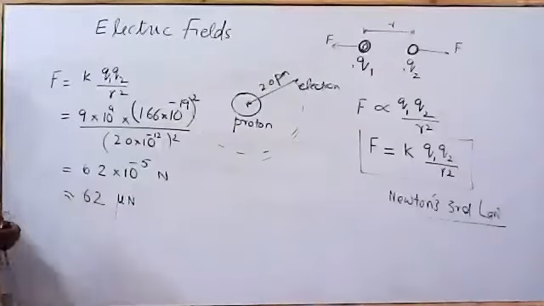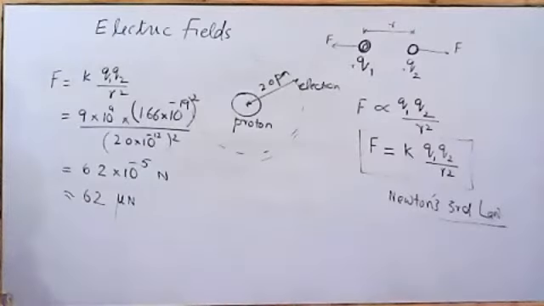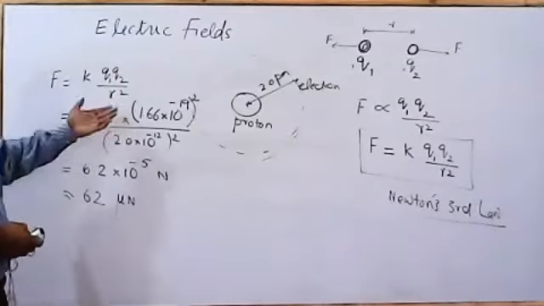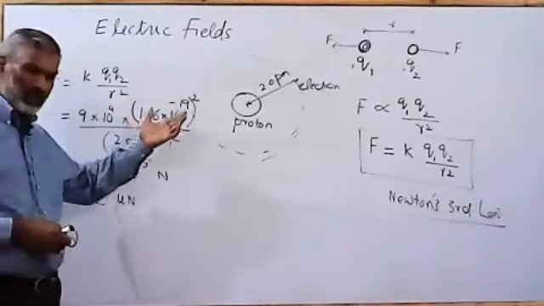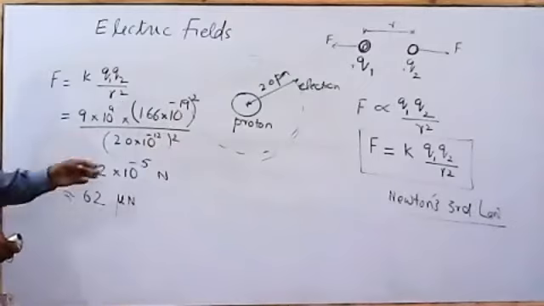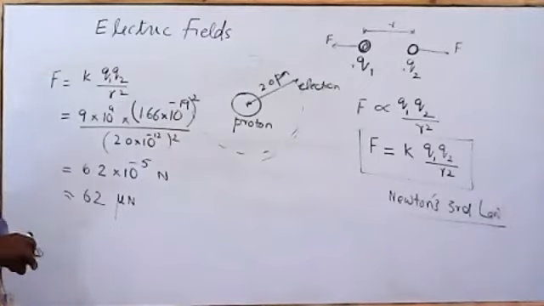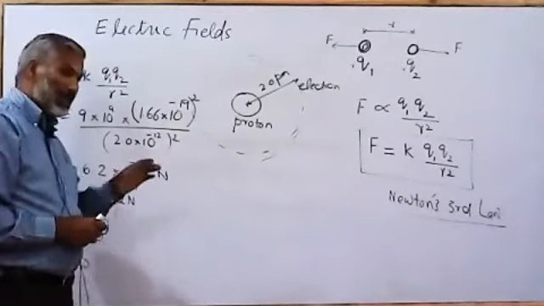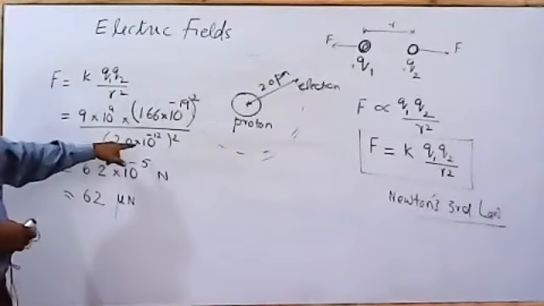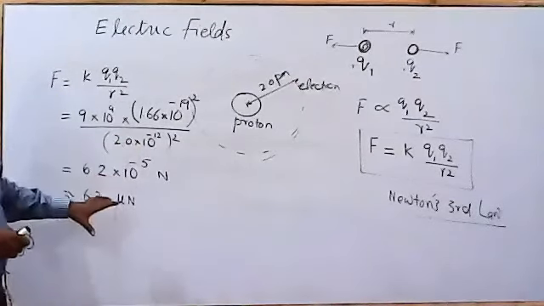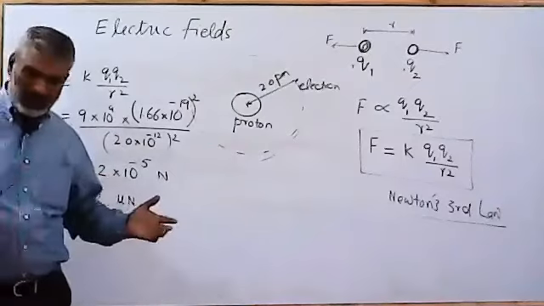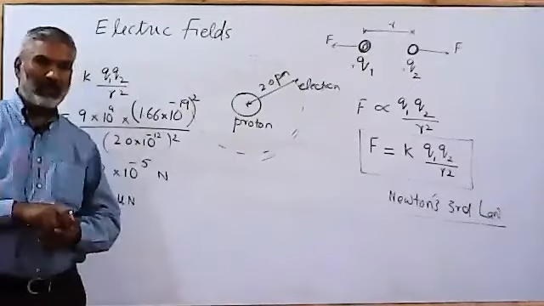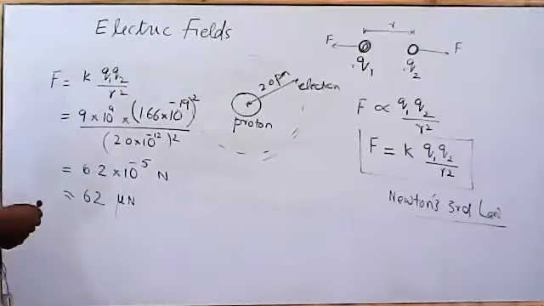So this is the typical value of the force that one charge exerts on the other, because the magnitude of the charges are very, very small here. The distance between them is of course very small, but it is exactly due to the smallness of this distance that this force exerts. If you go on increasing the separation between them, this force continues to decrease,